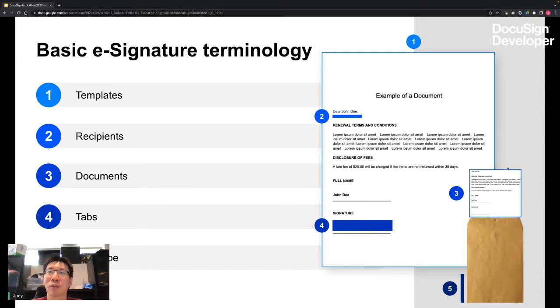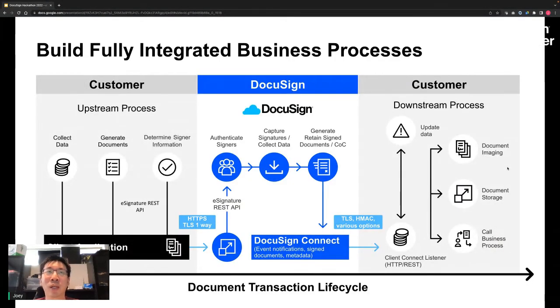Okay, so let's dive right in. When you think about how to integrate with DocuSign, think of it in three different phases. The first is the upstream processes, right? eSignature is typically one step of the scenario you're trying to accomplish. And so upstream, which is typically your application or the hackathon project you're going to build,